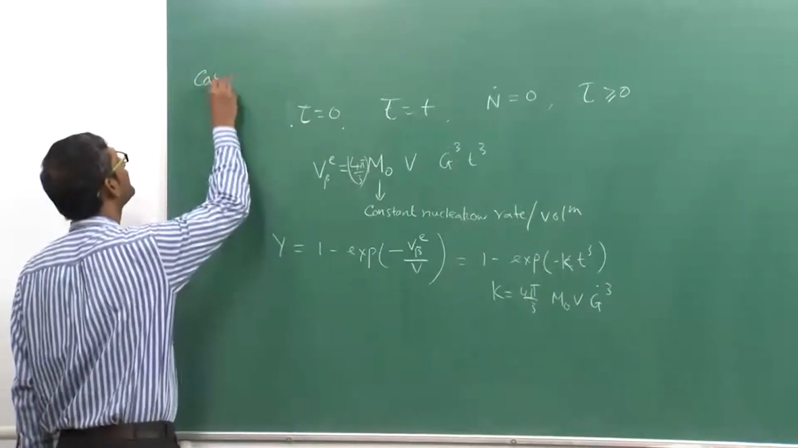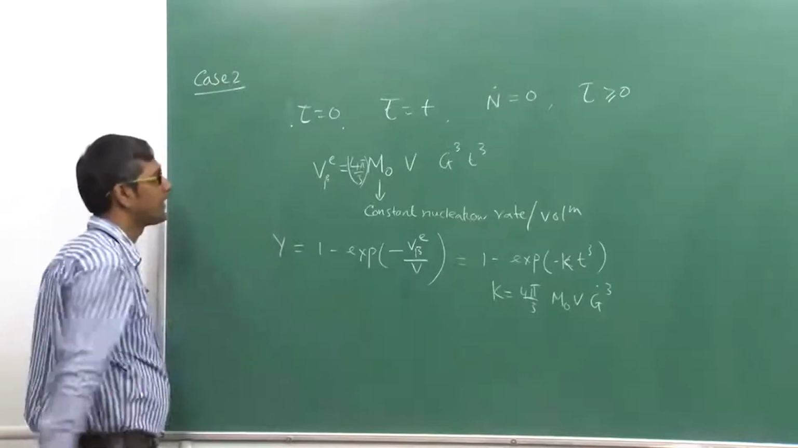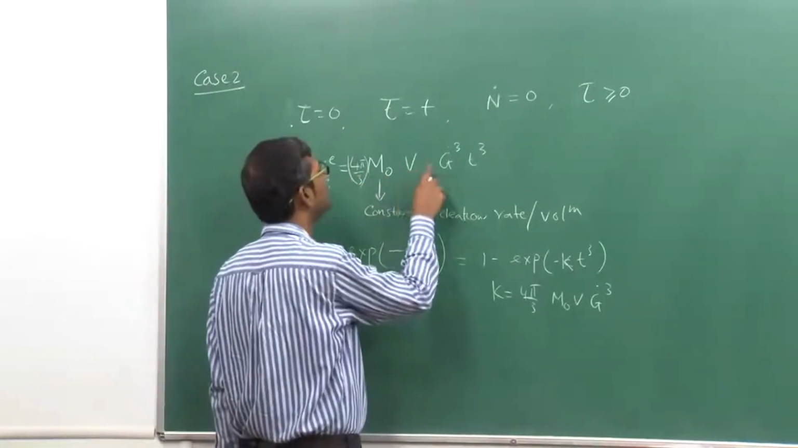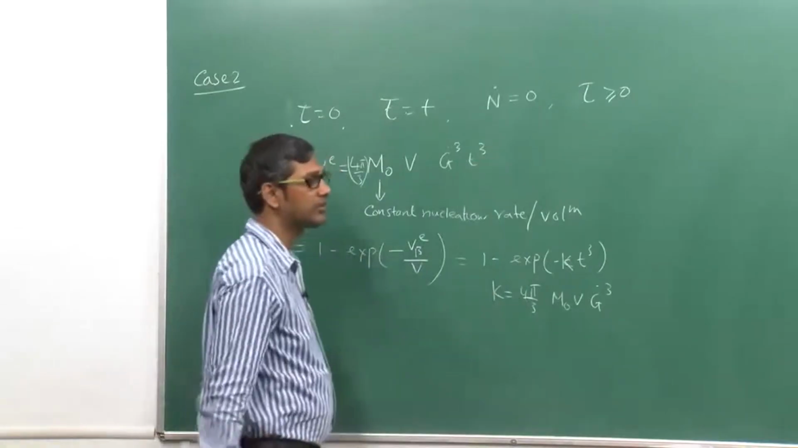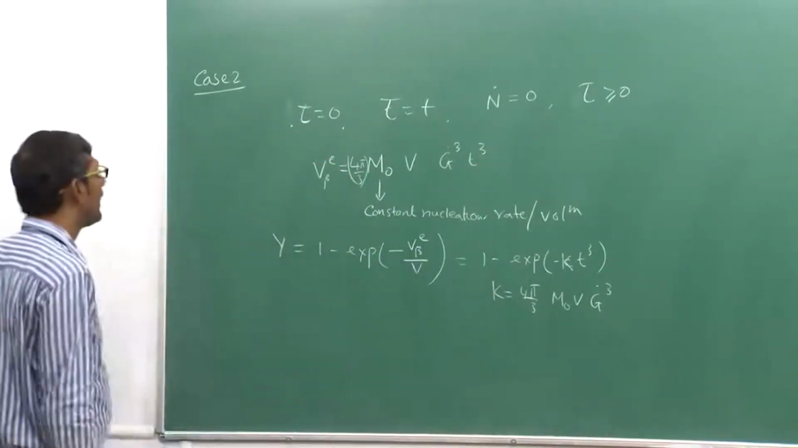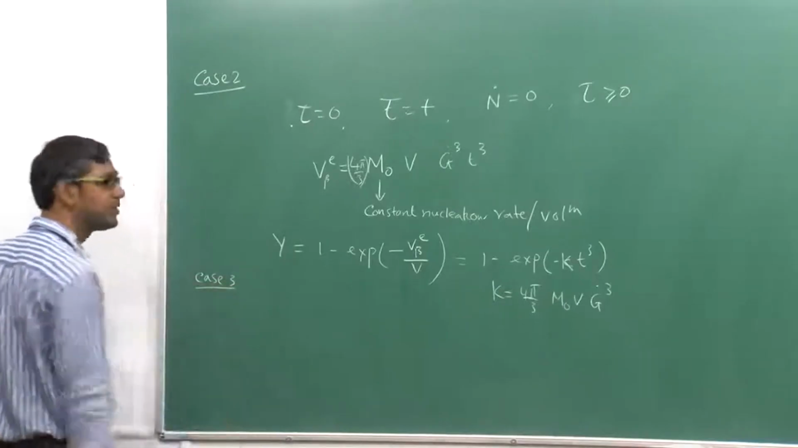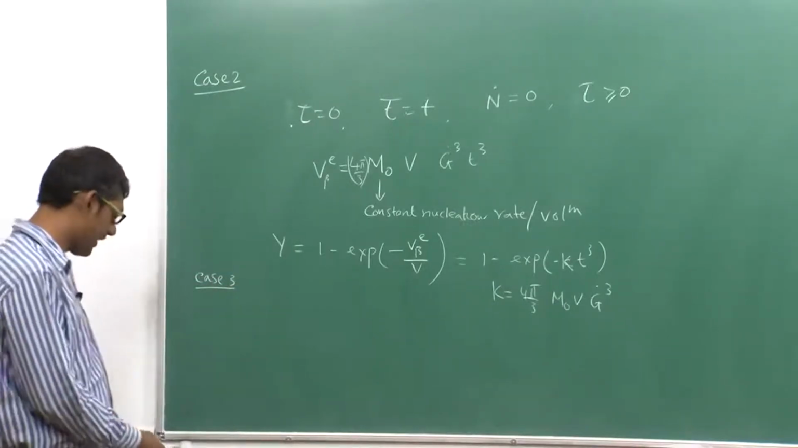This I write as case 2. Case 1 I have already told you. Case 1 is basically where it is pi by 3 N dot V G dot cubed t to the power 4, which I discussed just now. And case 3 is basically a situation in which both nucleation and growth are involved. So case 3 is